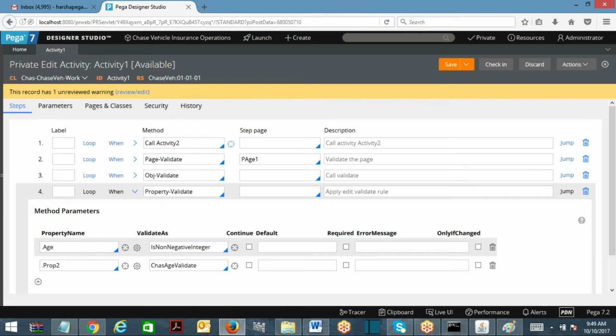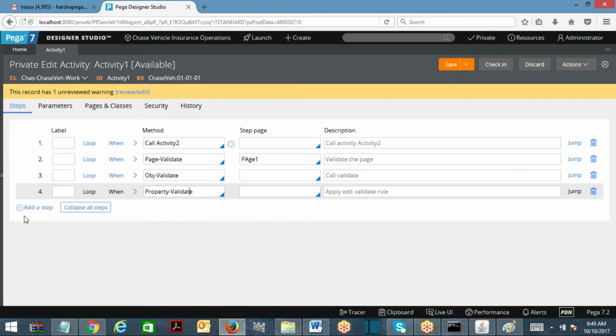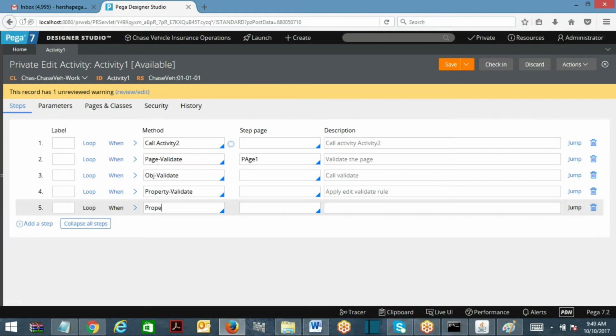At runtime, I do not want to perform the validation every time. I want to perform it only conditionally. I want to go ahead and validate here, so I am validating age as non-negative integer. Somewhere else I want to validate downstream in the programming with another validation. Directly applying a validate rule on a property, I cannot achieve that. So I can achieve it by using property validate. I can use property validate again.